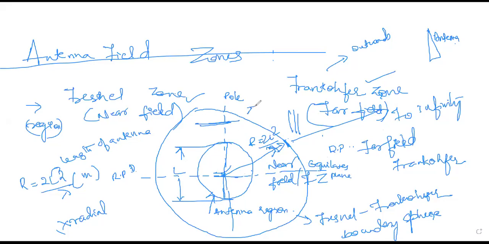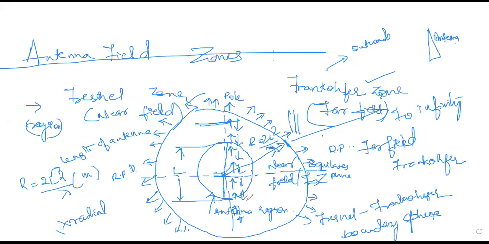So the power flow here, as I've said, in the Fraunhofer region will be outwards. It will be radial, and all the power will be flowing outwards in the Fraunhofer region. How does it actually flow? Initially from the center, you will have the antenna power which is radiating. So it will go to the pole. Again, it will reflect back and come back to the pole in the reverse direction. So this is how the flow will be shown.